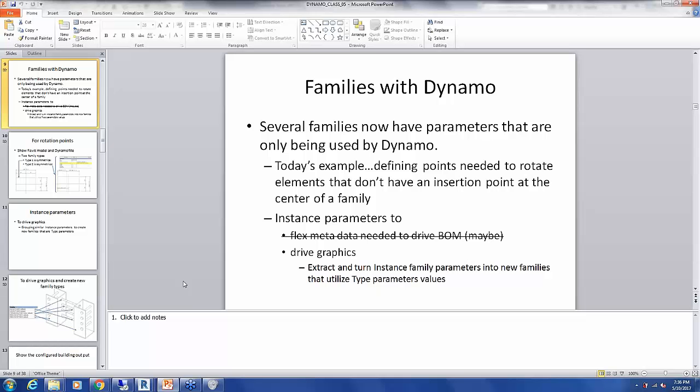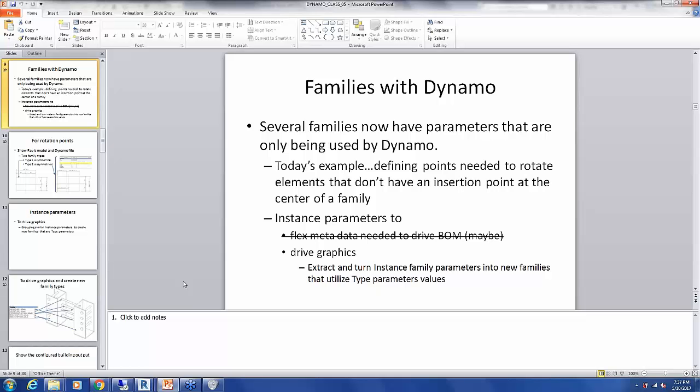I have one wall panel, or not, excuse me, not true. I have one metal deck panel. I have one of just about everything, but I have a ridiculous amount of on-off graphics that Dynamo, that are all instance parameters that Dynamo reads and then turns on and off depending upon where it lies within the building. And then what we do from that is I can take those instance parameters, and through Dynamo I read all